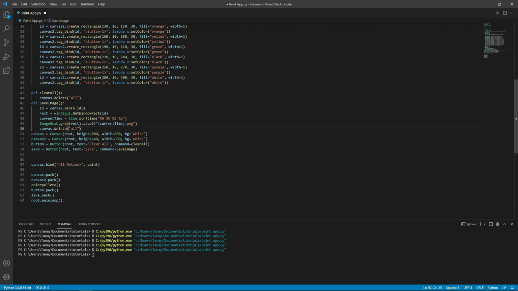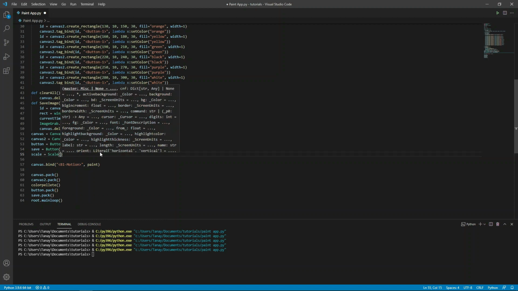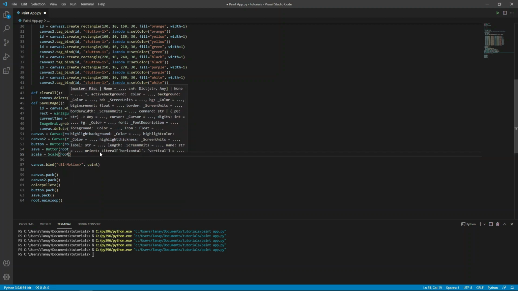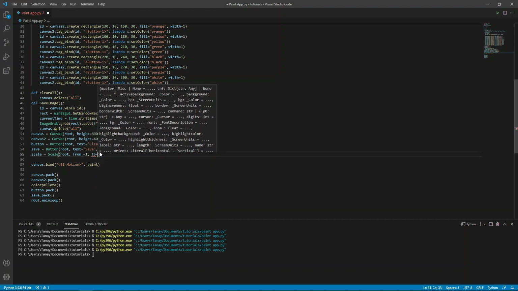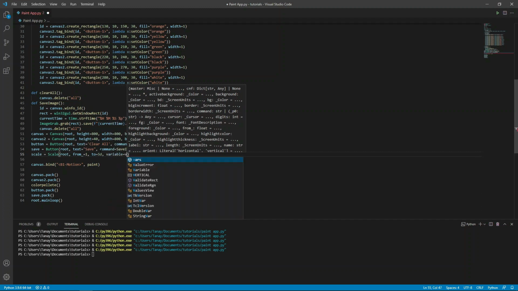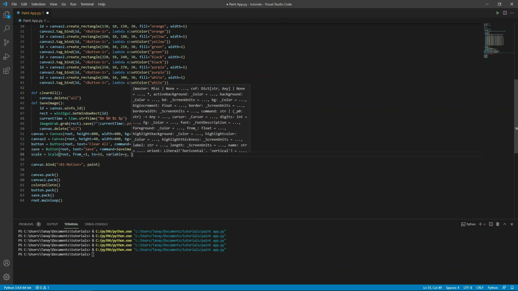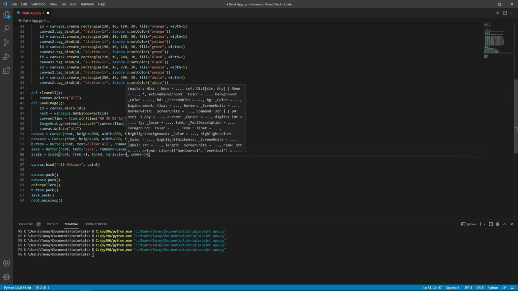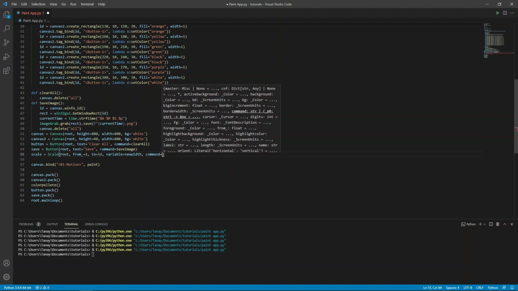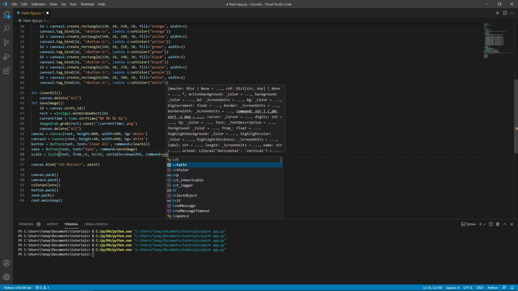And now let's make a scale equals to Scale root and from underscore equals to 1 and to equals to 50. Variable equals to new width and command equals to set width.